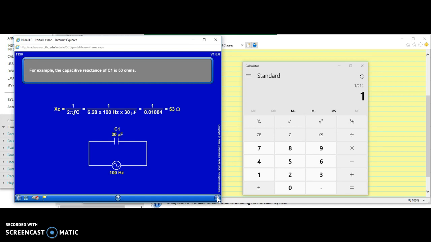So if we take a look at C1 being 30 microfarads, we have to apply 1 over 2 times F, which is frequency, 2 pi, frequency, and then capacitance. So everything you see here is